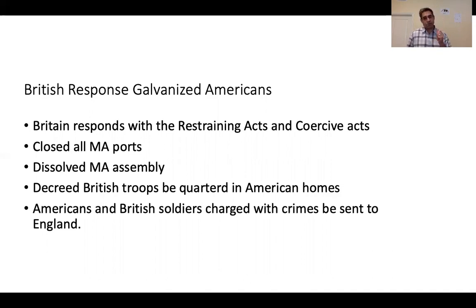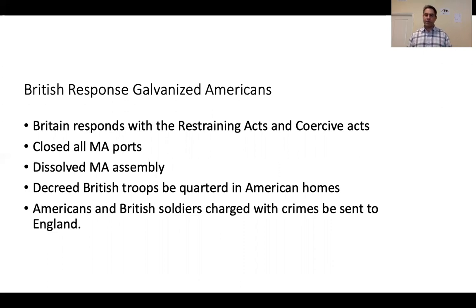To help you understand why this was so outrageous for our American colonists, it's worth thinking about some of the scandals of the Iraq War in the early 2000s. One of the scandals was that US troops and US mercenaries in Iraq who were accused of crime were often brought back to the United States to be prosecuted for those crimes. And of course, Iraqis viewed this as terribly unfair and an injustice. The crime had been committed in their country under occupation by our military, and this led to calls for the US to withdraw from Iraq.